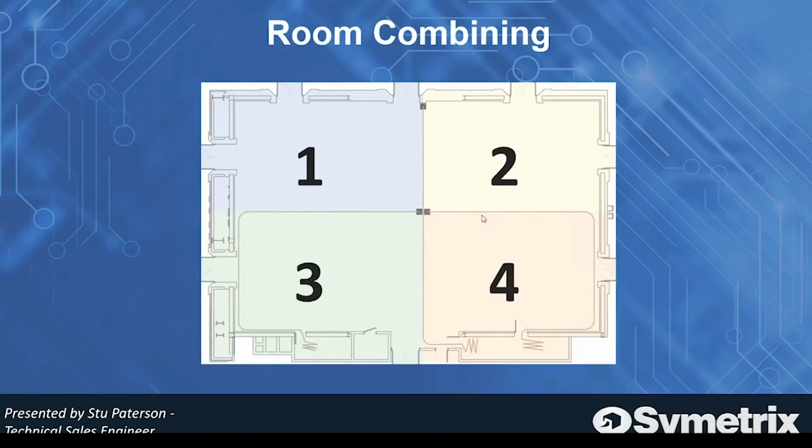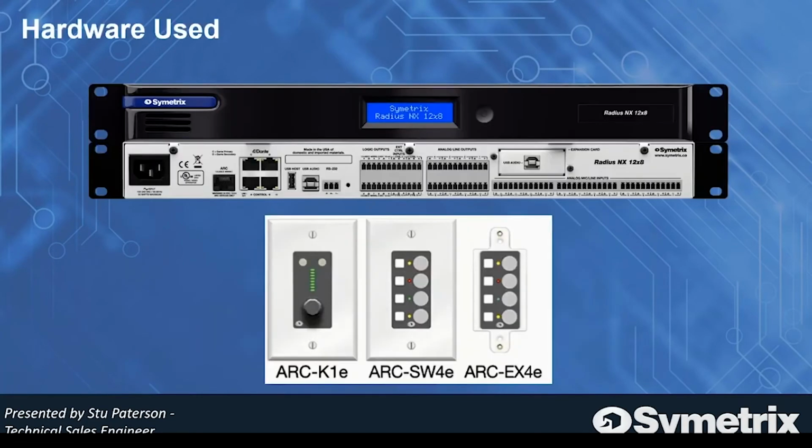On my screen right now, you see a combinable and configurable room with 4 separate locations, but it's just one large room. And with room combining, we can have that configured any way we want. So how we're going to do this is the software and the hardware that we're going to be using today is our Radius NX12x8. And for controlling the combining, the volume control, BGM sources, etc., we'll be utilizing programming for